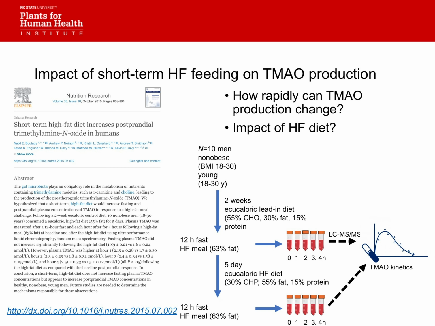So initially we started off working with some people that we had existing samples from clinical studies that we just said, let's just measure TMAO and see if anything pops out of it. So we initially looked at this set of subjects where we had N of 10 non-obese college students, right? When you work at a place like Virginia Tech, who's the easiest to recruit? College students. They're there. They're poor, okay? They want to be on a clinical study. Perfect, right?